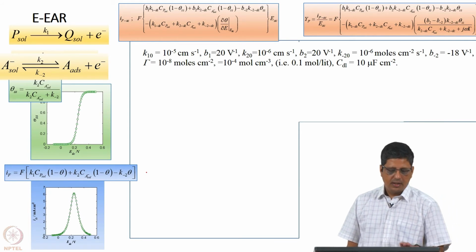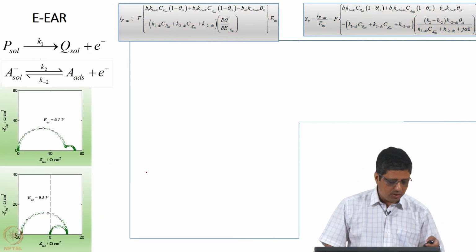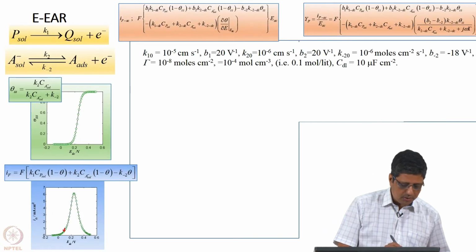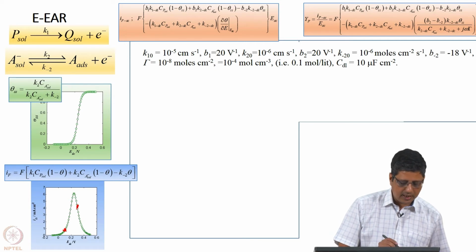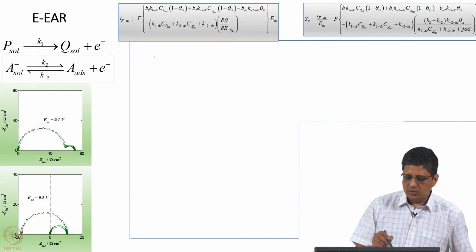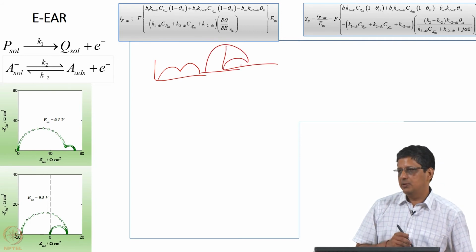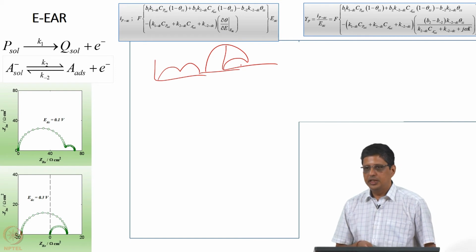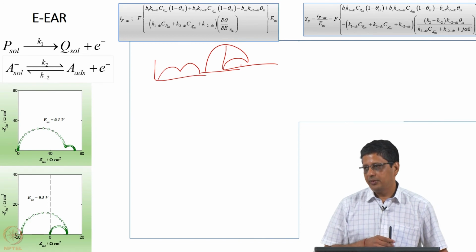Okay. And of course, we are going to derive the expression for impedance. What I want to show you is for this set of parameters at 0.1 volt and at little larger potential. If I take impedance at this location and another location here, one time I am going to get two capacitance loops with the second loop on the right side, another time I am going to get capacitance loop with it coming on the negative side. It is quite possible for this to arise and we can explain why it happens this way.